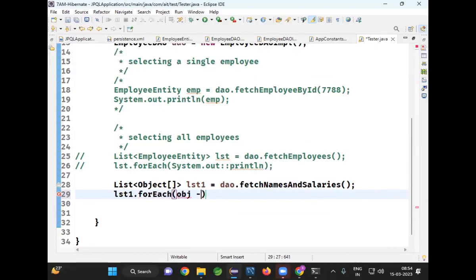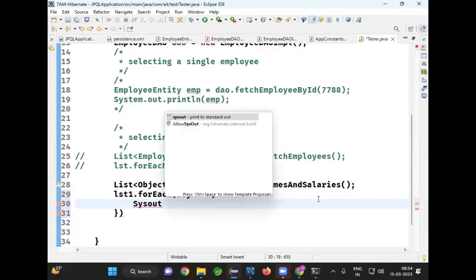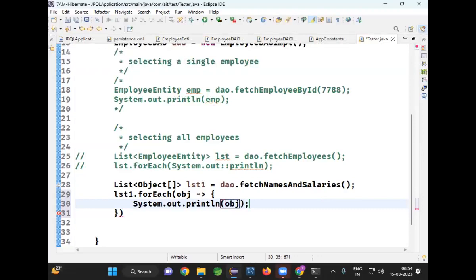We cannot write System dot out dot here directly. This is a lambda expression. I'm writing OBJ arrow mark. Now System dot out dot println, OBJ of 0. What is OBJ of 0? Name of the employee. Then a space, a comma, again a space, the way I want to write it, plus